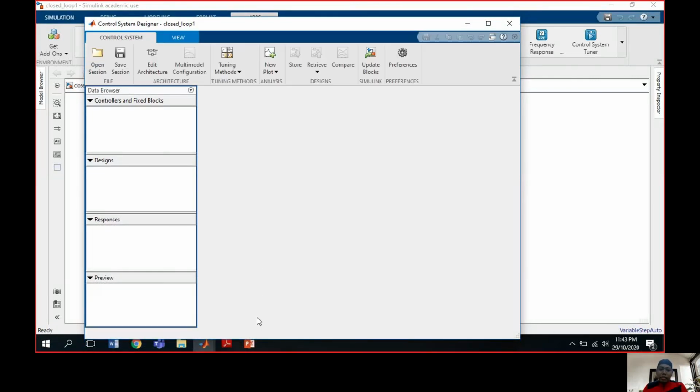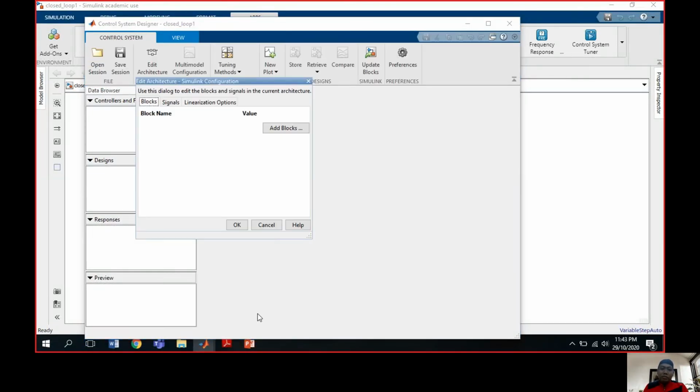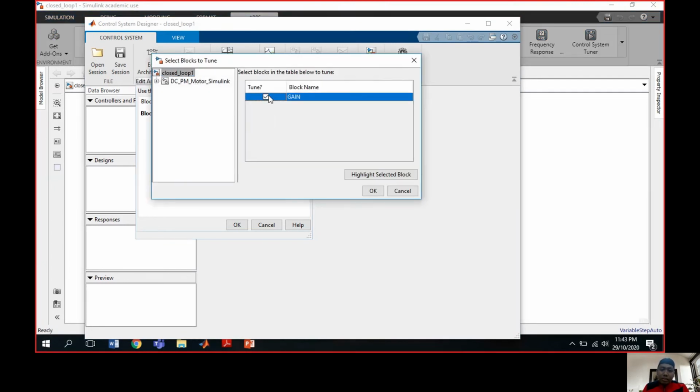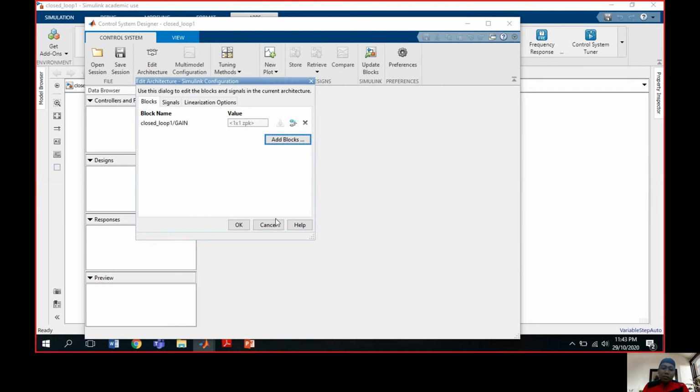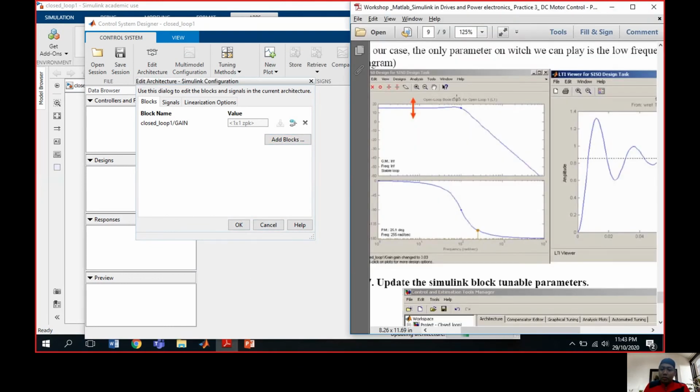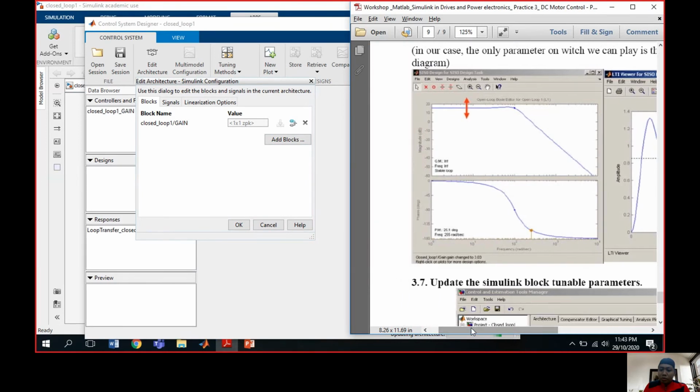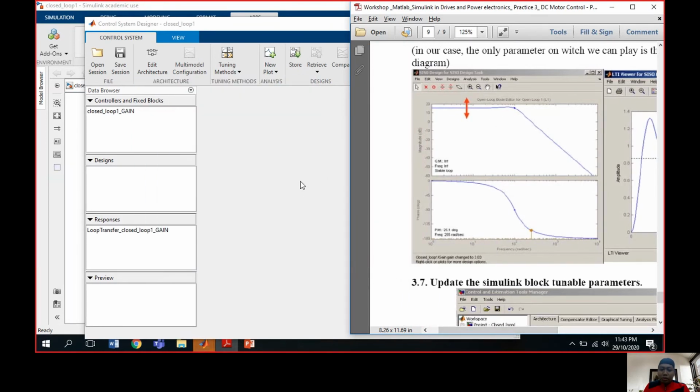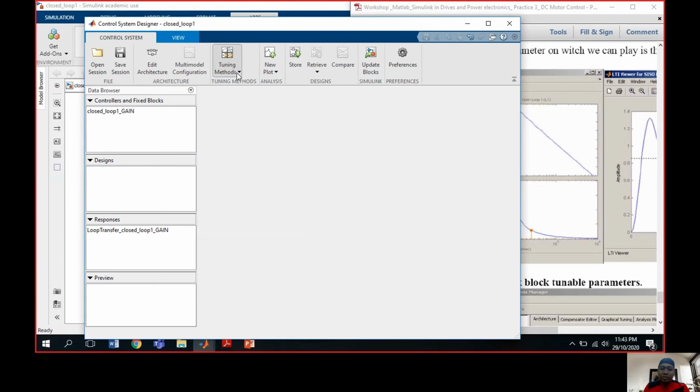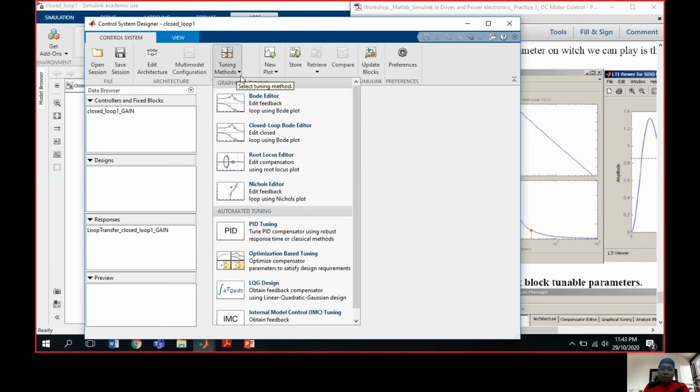Then the control system design pops up and asks if we want to add a block. We click add block, then click the right for the gate, and click OK. After that, click OK, and now it shows the plot for the closed loop. Now we go to the tuning method.